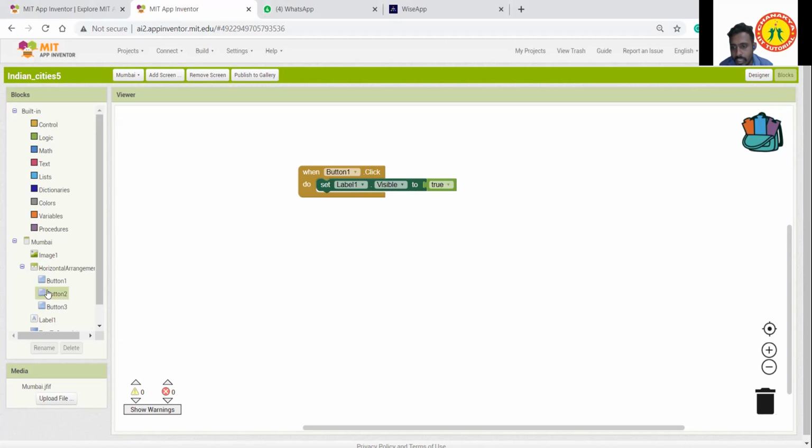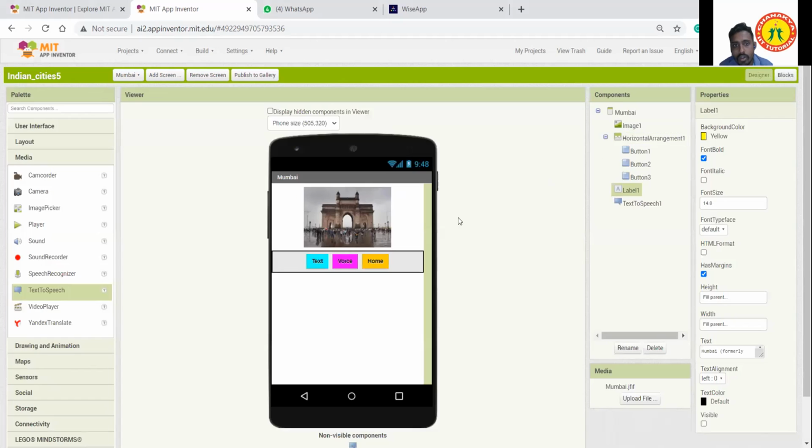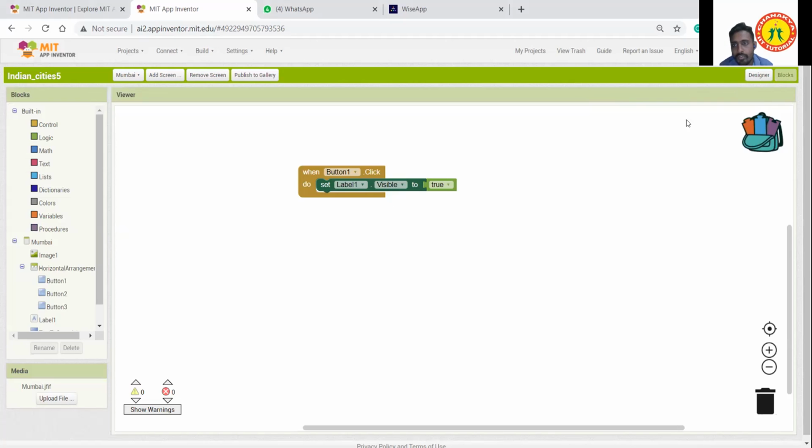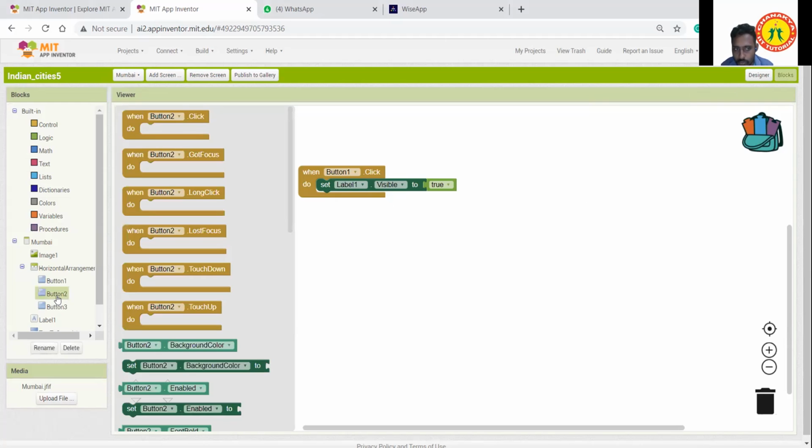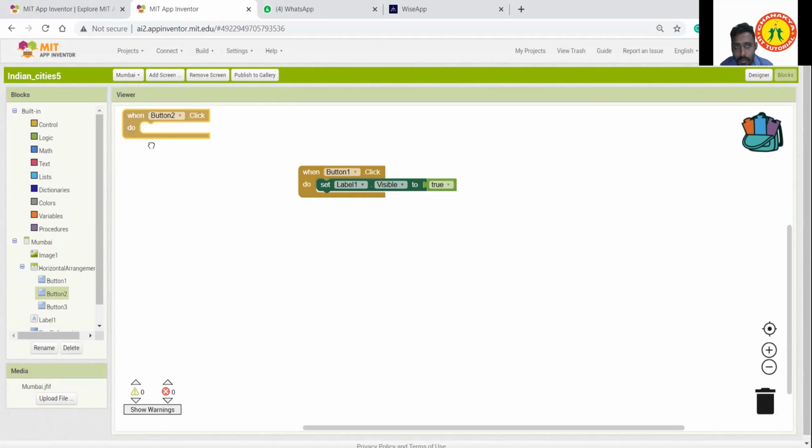So we'll move to button 2. Button 2 is voice. For voice we are going to use button 2 and text to speech. Click button 2. Same, take the first one, when button 2 clicked, or just copy this block and change it here.